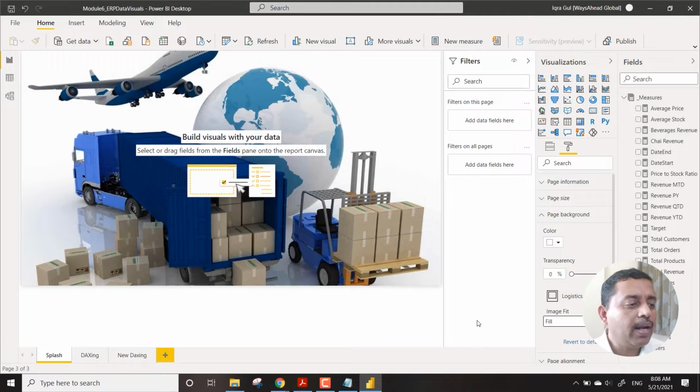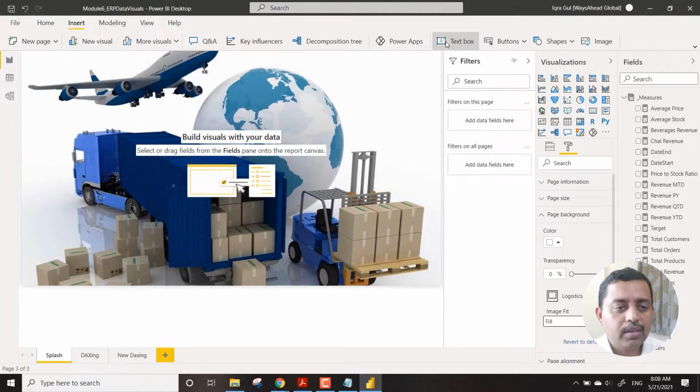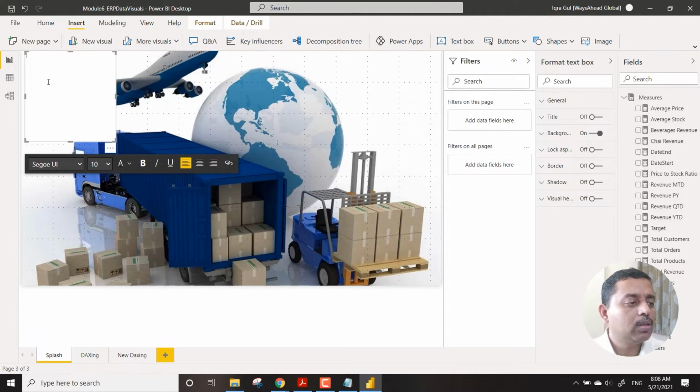So apart from that, in the first screen, what we usually keep is some text. So let's take an example, the text box. And let's say we take any example from here. So we go for this example. We say that, okay, there's some company name.